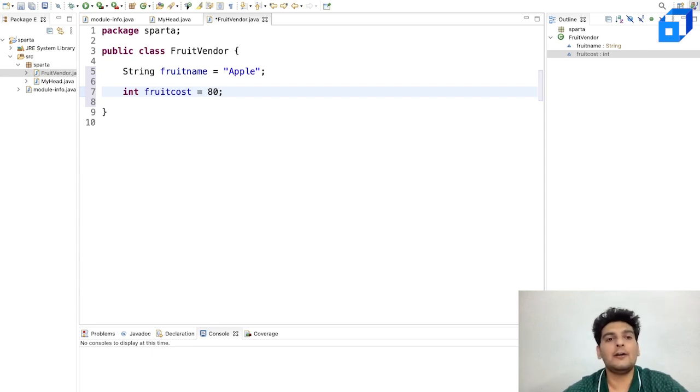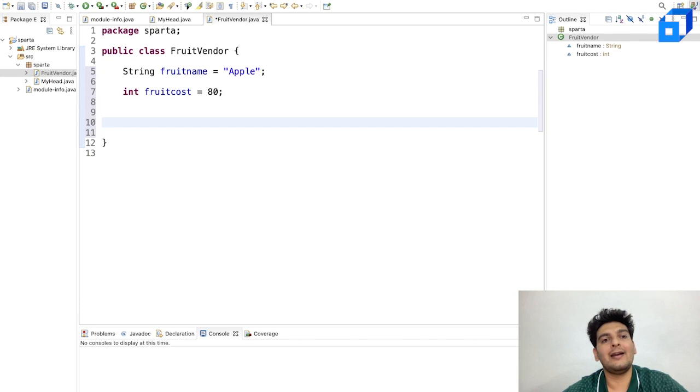Apart from this, I also need to have some behavior over here. Now if you go to a fruit vendor, you'll probably tell him, hey, I'd want this apple and this fruit, right? So you're basically telling him, I want this, I want this. So for that, I'll go ahead and create a method as well.